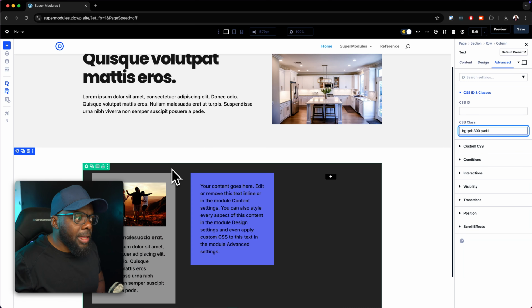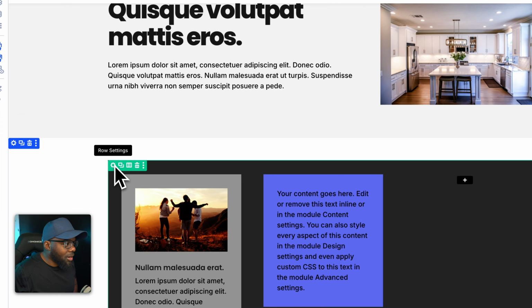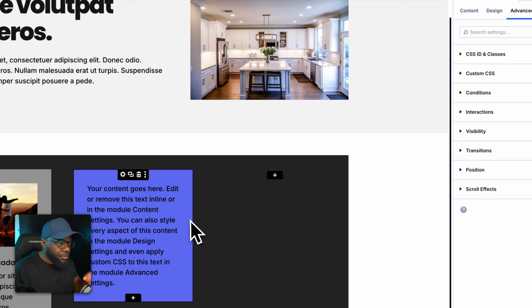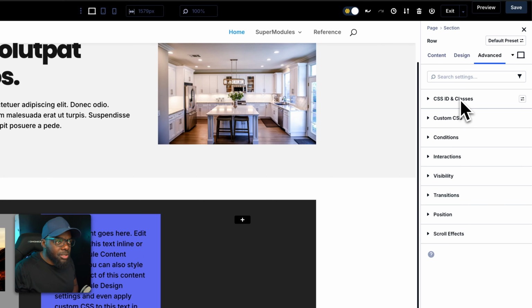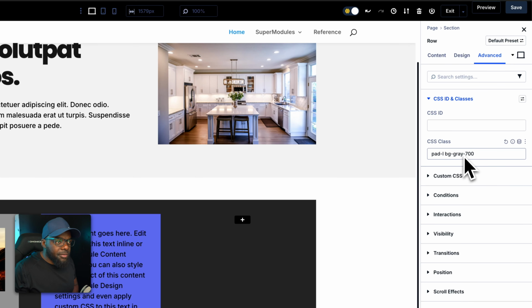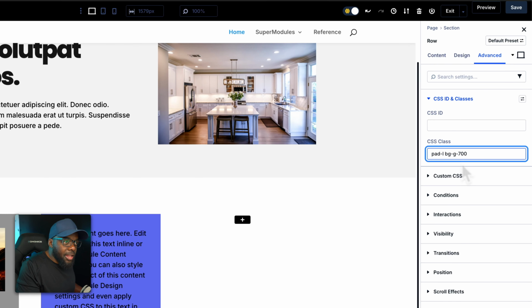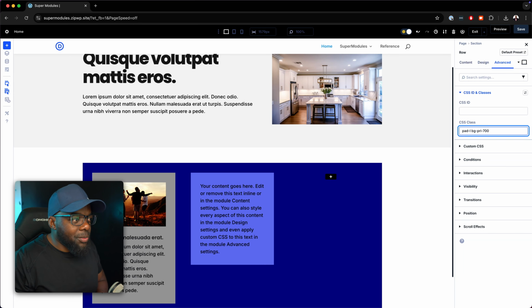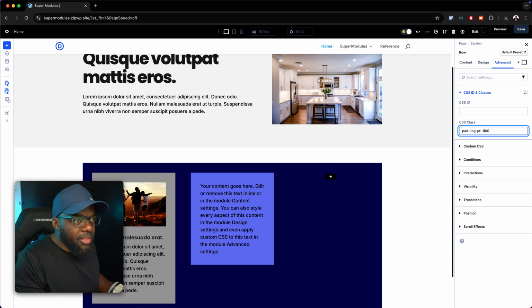So if you want to just take this a step further and play around more with the colors, this is where you can come over here to our row settings. And let's say you want to use your primary color as a design element. You would come over here. And then instead of saying gray, you can say primary, so PRI, and now you can see we have a dark version of our color. So you can even go as high as maybe even that. Okay, so your BG